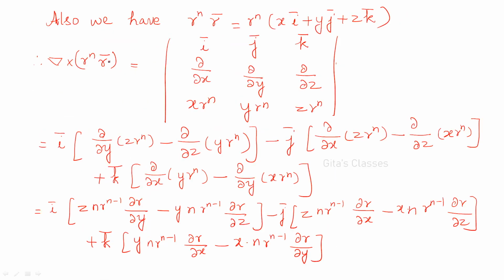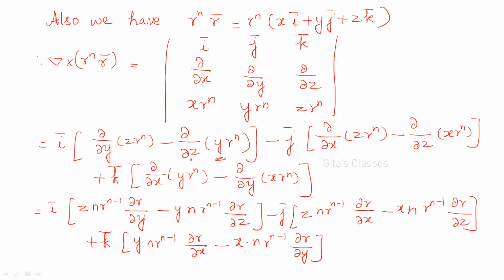Del cross r^n times the r vector is equal to the determinant with rows i j k, x r^n, y r^n, z r^n. When you substitute and simplify, consider ∂/∂y of z r^n. Whenever you are differentiating partially with respect to one variable, you have to treat the other variables as constants. So z you keep as it is, and only r^n you differentiate partially with respect to y: n r^(n-1) times ∂r/∂y, minus